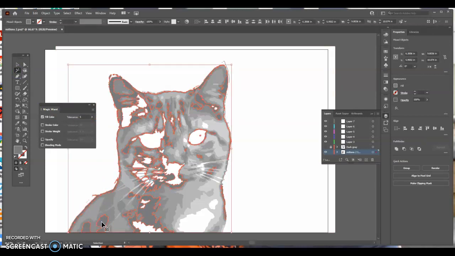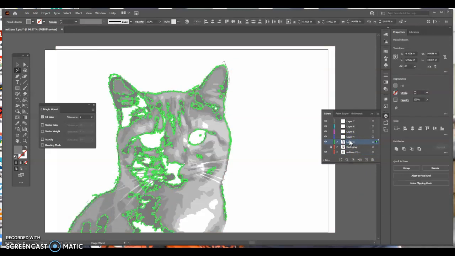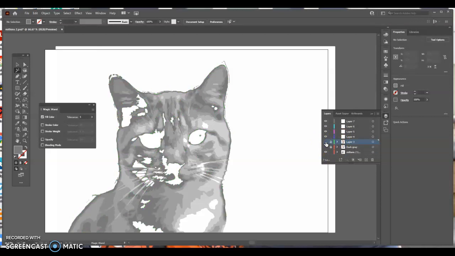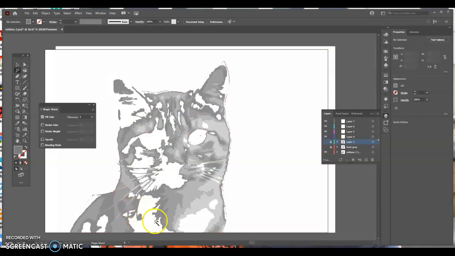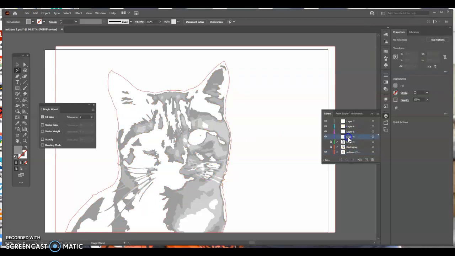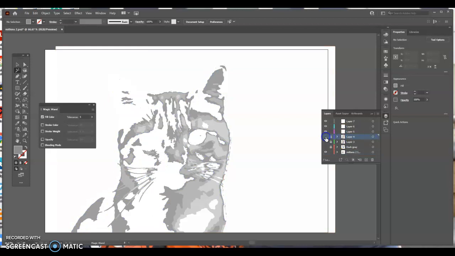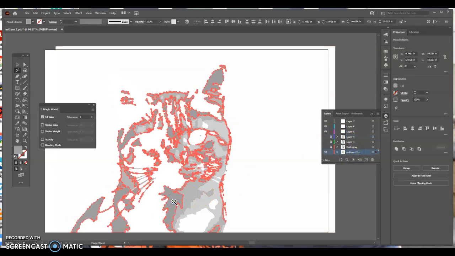So once again, Control X, next layer, Control F, and you can see it's now on the green layer because it's highlighted in green. So I'm going to lock that down and turn it off so I can see what to do next. Okay, so the next darkest color, grabbing that guy, Control X, next layer, Control F. Okay, it's on the blue, lock, turn off. Back to my original, next darkest layer, this guy, looking good, Control X,